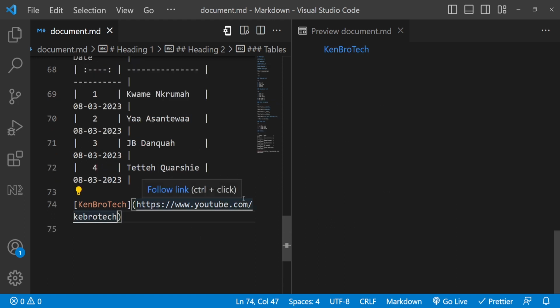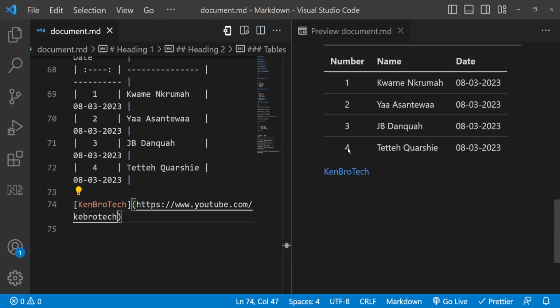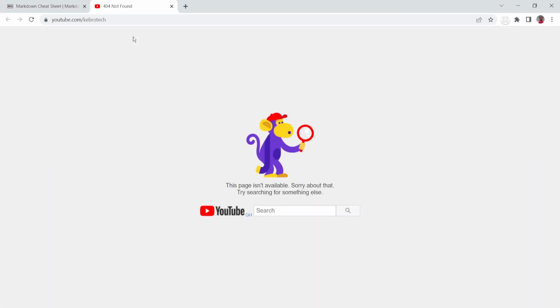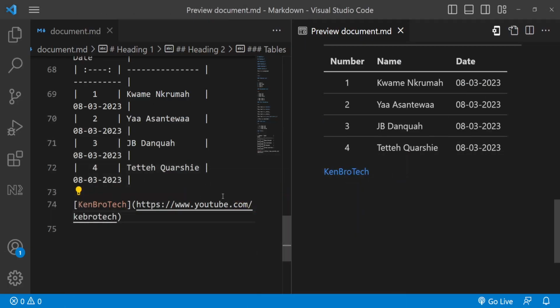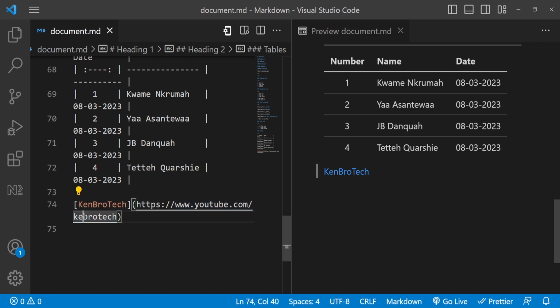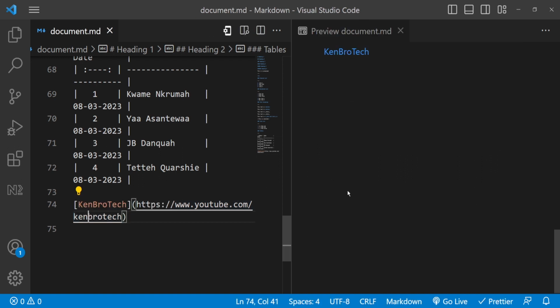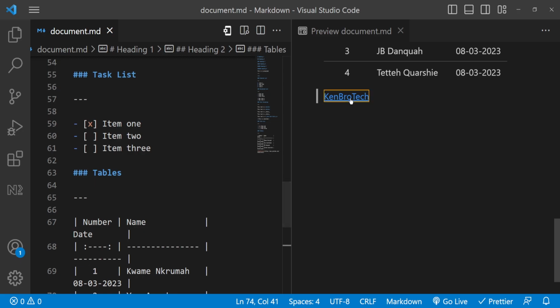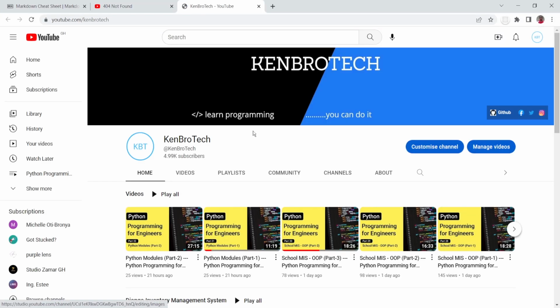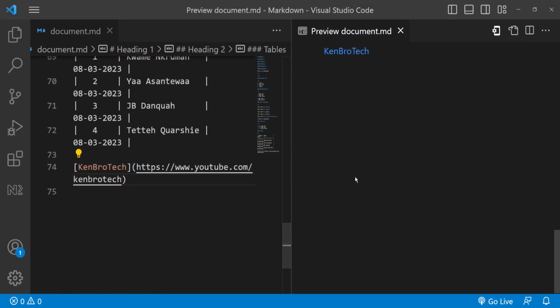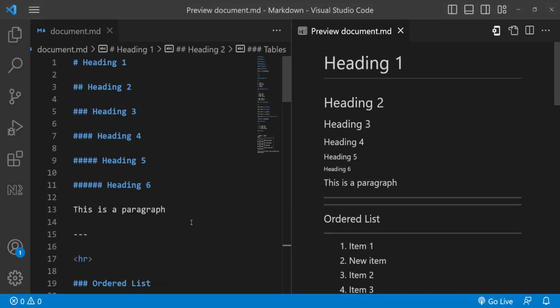So I'll save this, and let me scroll up. And now inside of my document, when I click on this, it takes me to the link. Okay, it opens up in my default browser, and it says, okay, so I made a mistake, Cambridge Tech. So I needed to bring an N over here, Cambridge Tech. So I'll save this, and now when I come back and click on this, it now takes me to the Cambridge Tech channel. Okay, so this can be an external link we may want to add in our Markdown. All right, so now let's